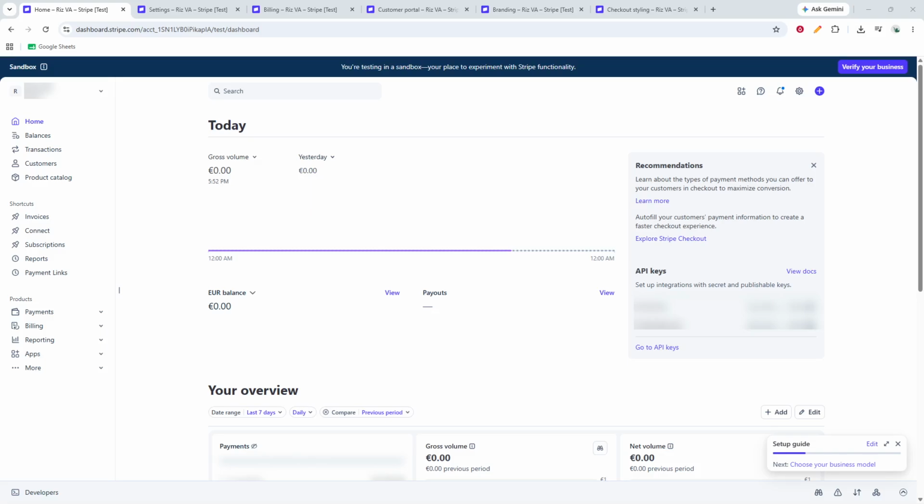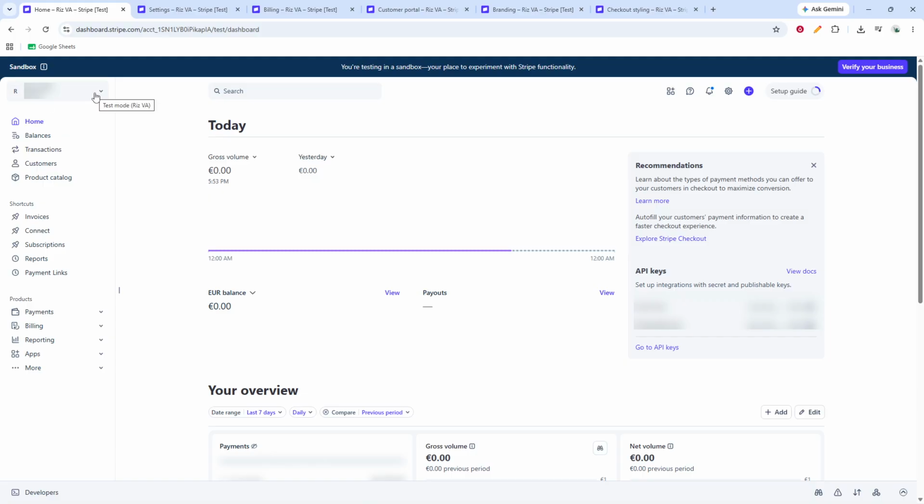In today's video, I'm going to teach you how to set up a customer billing portal in Stripe. To get started, log into your Stripe dashboard. This is where you'll manage all the settings related to billing, subscriptions, payments, and customer account access. Once you're in, take a moment to make sure you're in the correct account and ready to update your billing